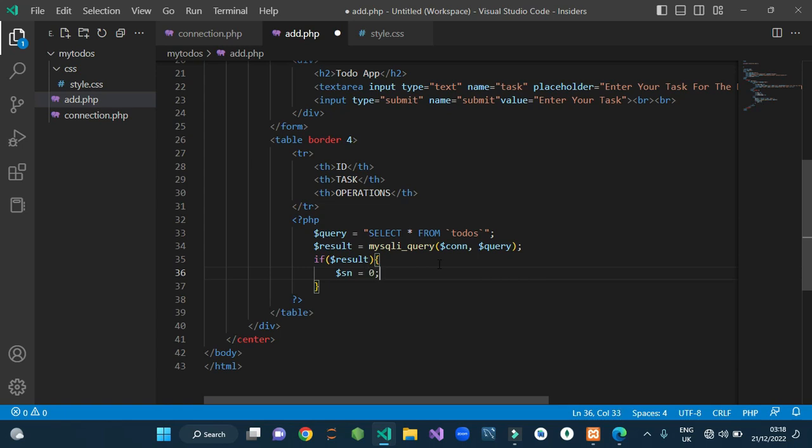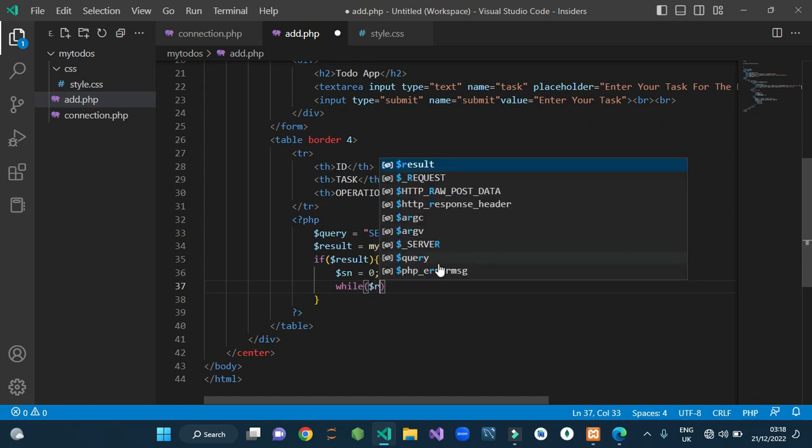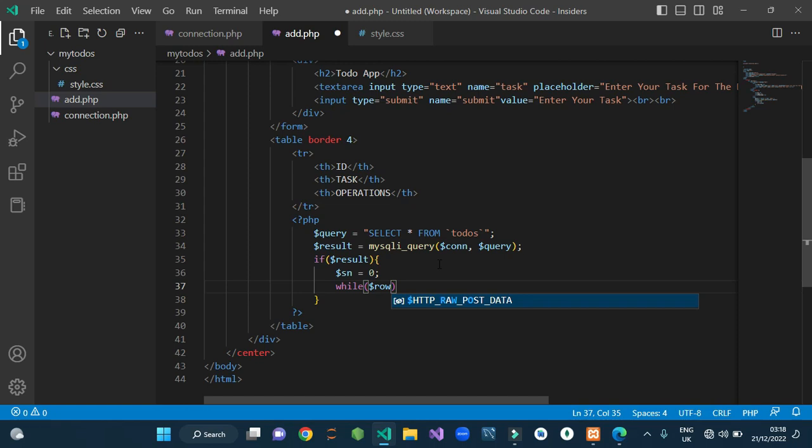Then I say while $row equals my mysqli fetch_assoc,